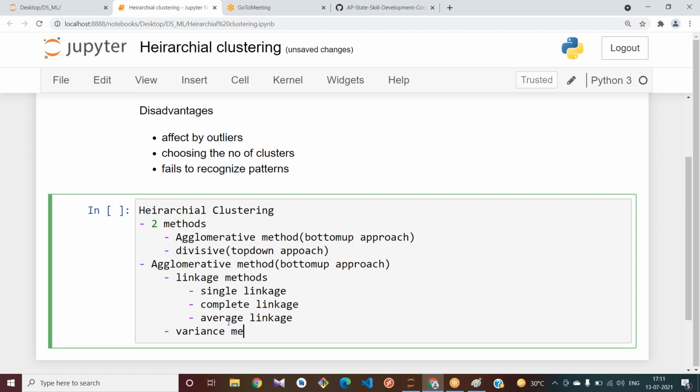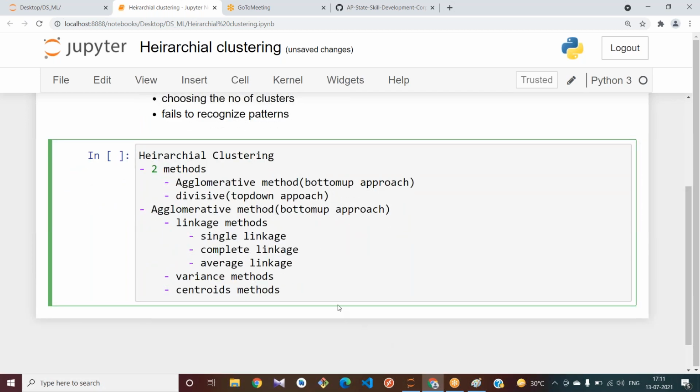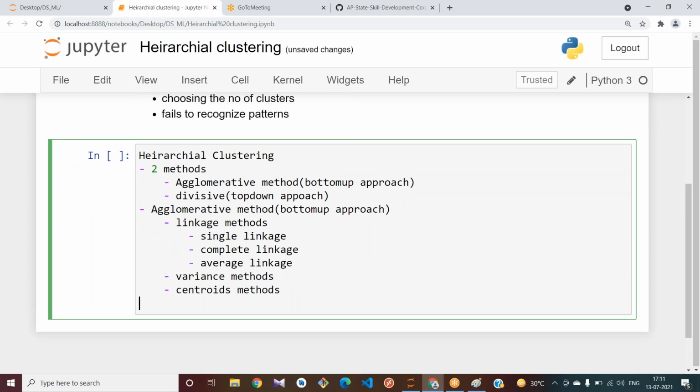By this variance method also it tries to find out. And already you know what the centroid method is. By the centroid method also it tries to do all that process.